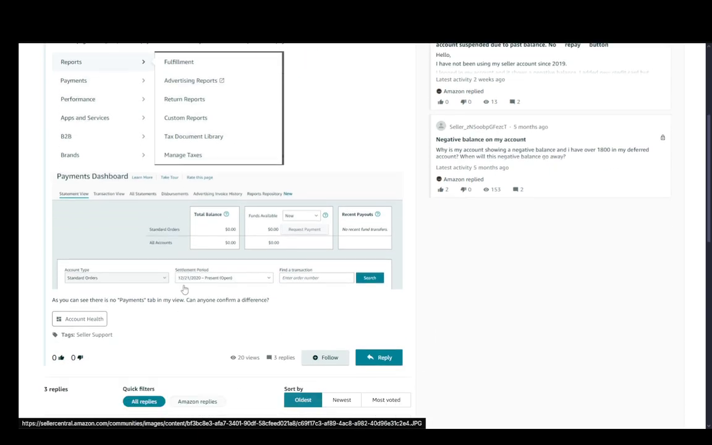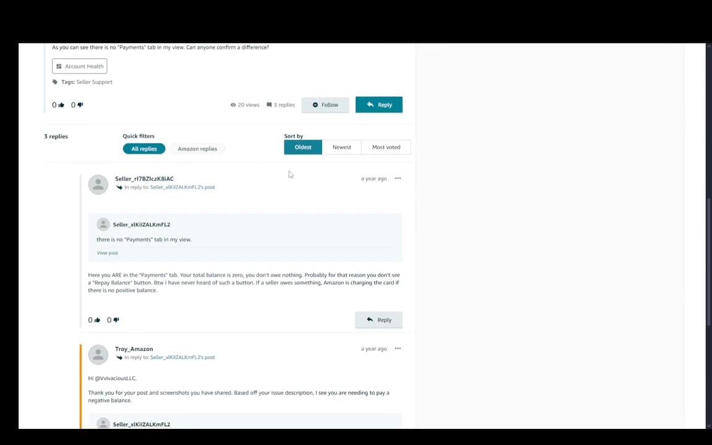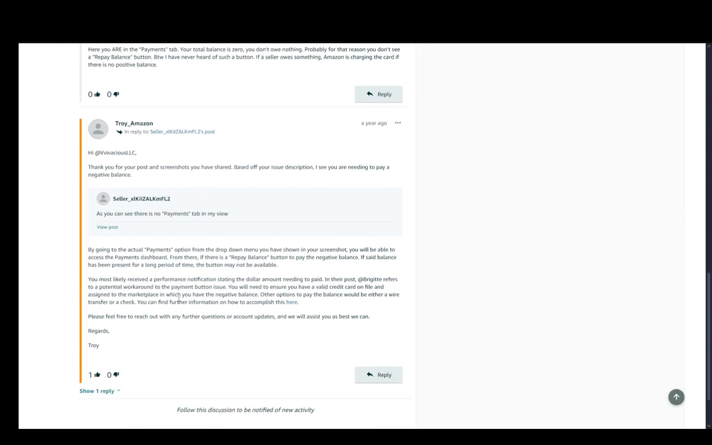Now, as you can see, this is what the dashboard looks like, and this person for some reason has issues with this, even though they have a total balance of zero. For some reason, they're still trying to repay it. Not exactly sure what's happening, but there are instructions on if you're having the same issue,